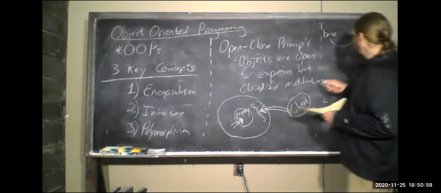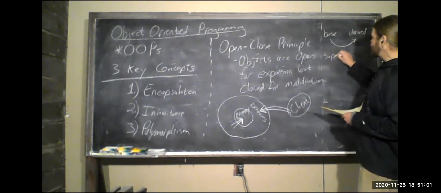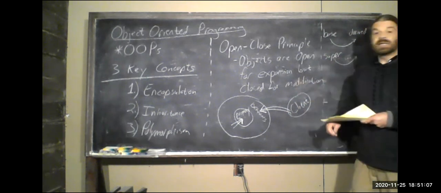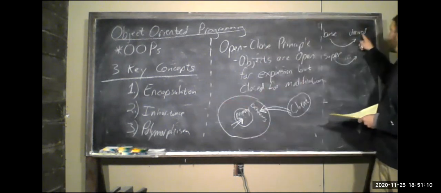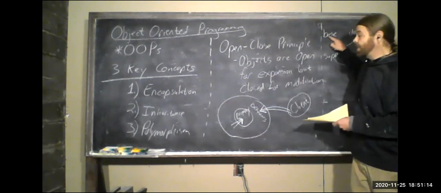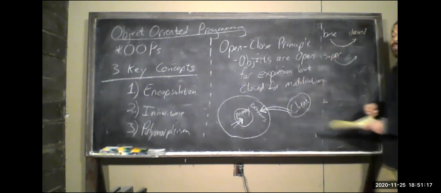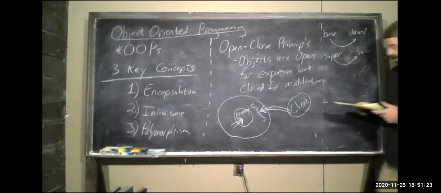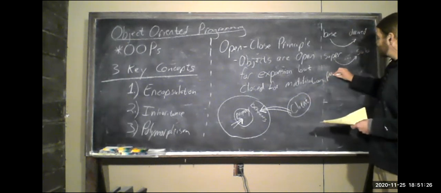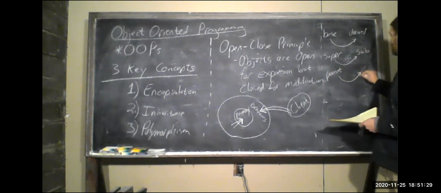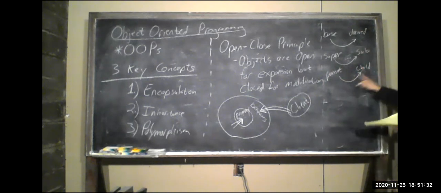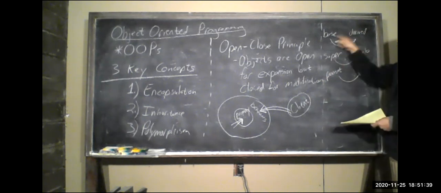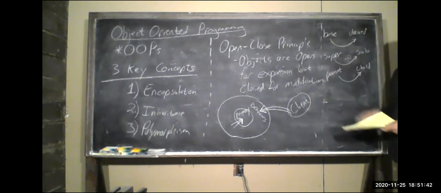A superclass can be extended, the expansion or the inheritance. So like a derived class inherits everything from a base class, and then we add more details in. We have superclass and subclass, and parent class extends to a child class. These are the ones I'll use most often, the parent and child. But in lectures, I'm going to try to remember to throw in super and sub and base and derived